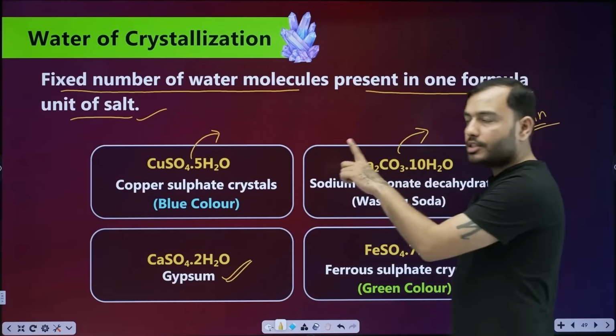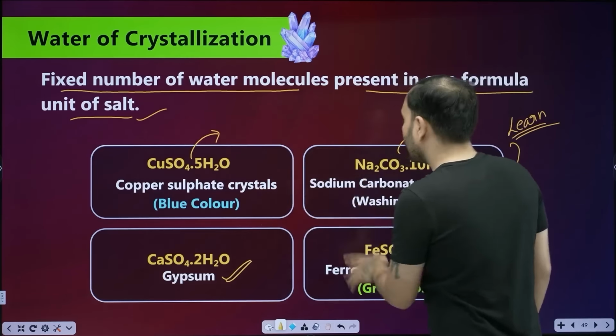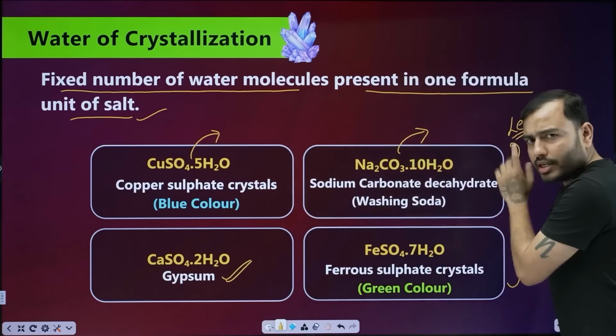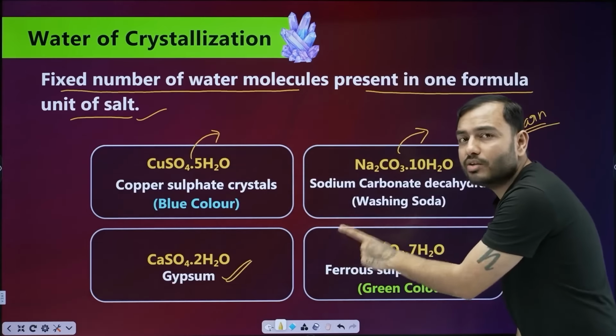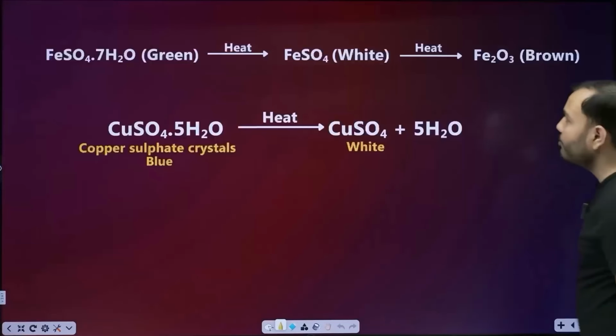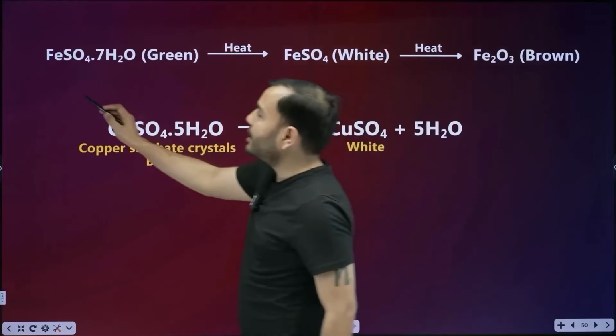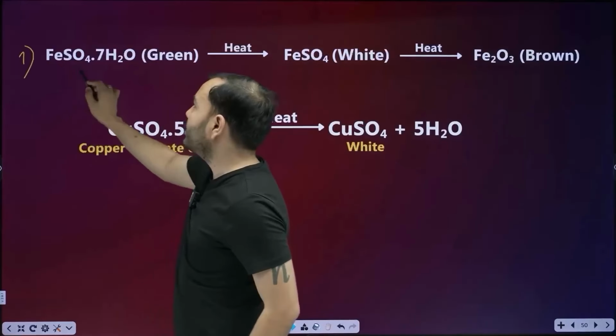Clear? Copper sulfate, CuSO4.5H2O, blue in color. This is washing soda, clear, .10H2O. Ferrous sulfate comes too, and there is gypsum, calcium sulfate .2H2O. Okay, all right. Now you remember this one, you have to study this reaction from the last chapter, that ferrous